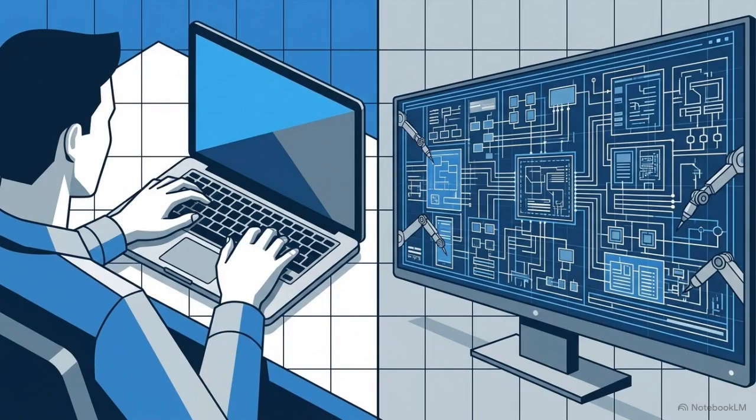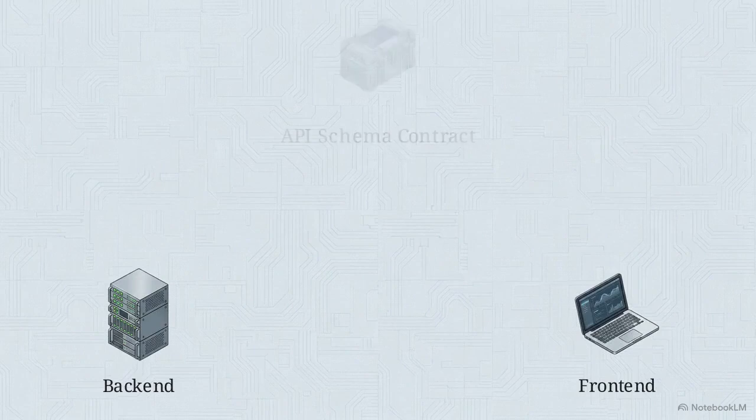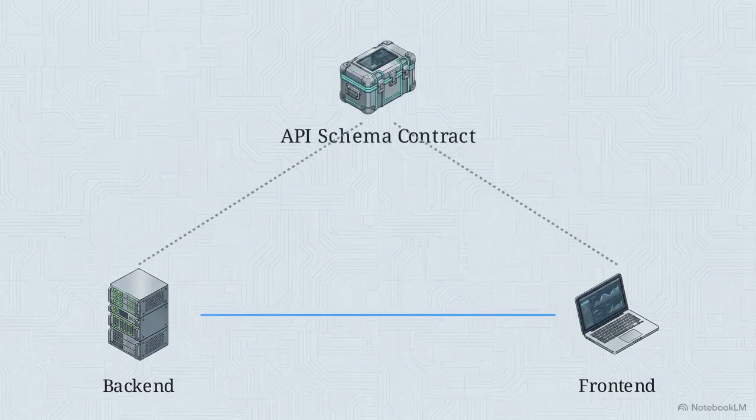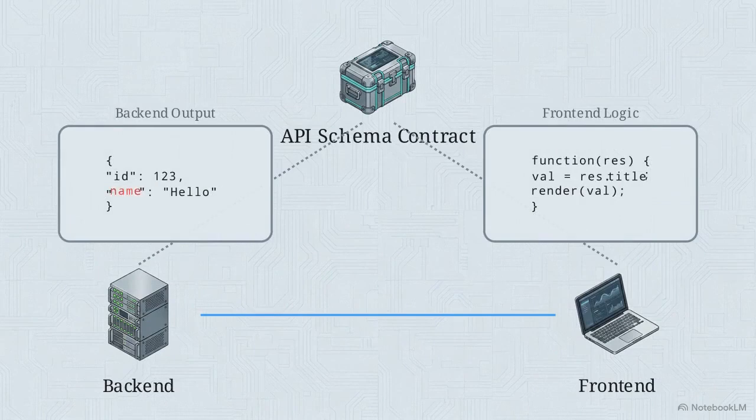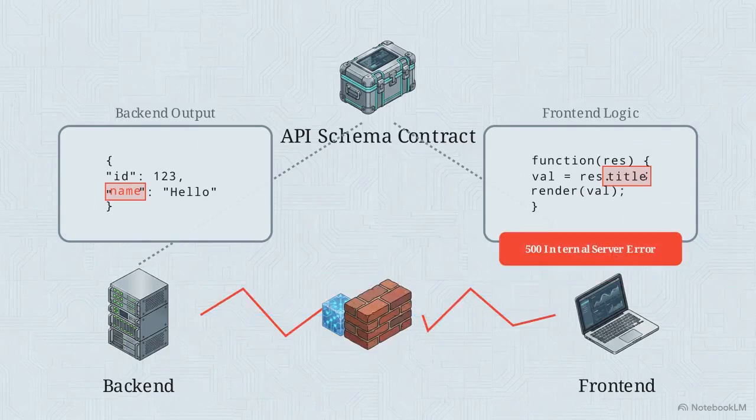In the era of AI-generated code, the importance of this contract has shifted from a best practice to a structural requirement. AI models generate front-end and back-end code as separate tasks, connected only by a shared API schema blueprint. If that schema changes by a single character, the AI lacks context. It rigidly follows the new constraints, generating mismatched code that crashes together.